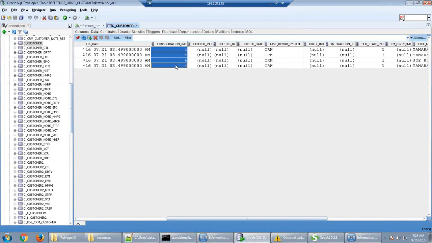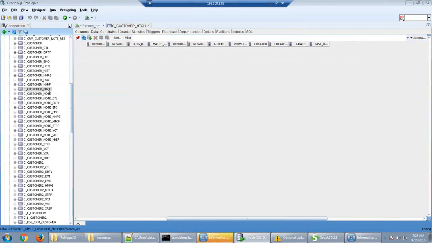So 4 means that these records can again participate in the match process. And if I go to the MTCH table, that will be empty now. So this is my MTCH table, that's empty. Now again we will go and run the match process.